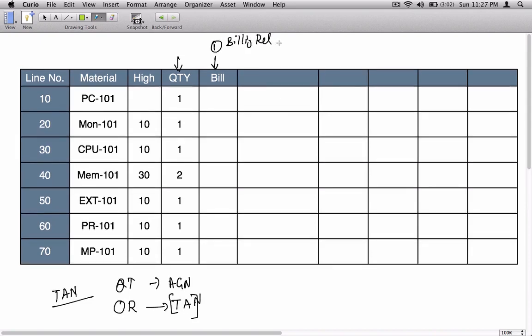So let's go step by step. Some items are relevant for billing and some items are not. For example, this PC is relevant for billing or its components are relevant for billing. You don't really want to price both at the header level and at the line item level, isn't it? Meaning both at the top level, part level, and at the component level. You want to make sure that you either price at the top level or at the component level, which means